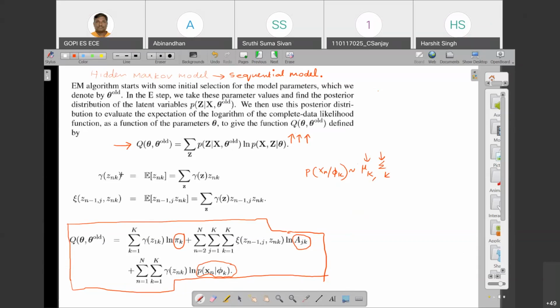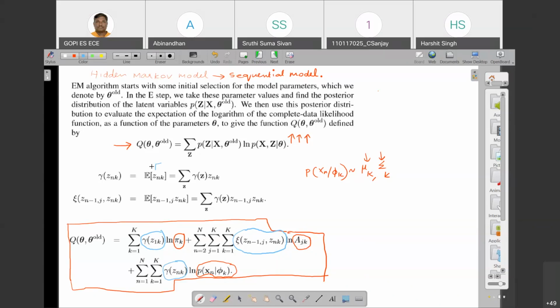Apart from that, we have additional parameters like gamma of Z(n-1,j), Z(n,k). So what is this? As you see here, gamma of Znk is actually the expectation of Znk,